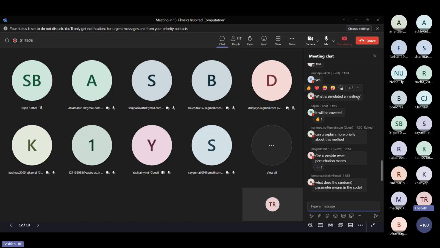What is simulated annealing? Annealing is a physical process wherein you heat a metal to a high temperature really fast, and then you gradually cool it down so that the atoms of the metal are given enough time to settle orderly. You do not cool it rapidly, you cool it gradually so that there are no stresses in the metal. So with simulated annealing, we are trying to write a program which actually minimizes our objective function, whatever we have defined.